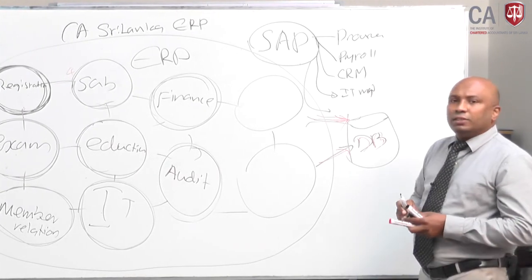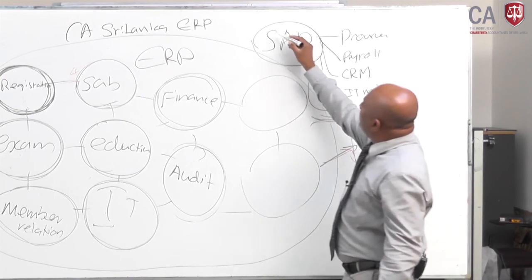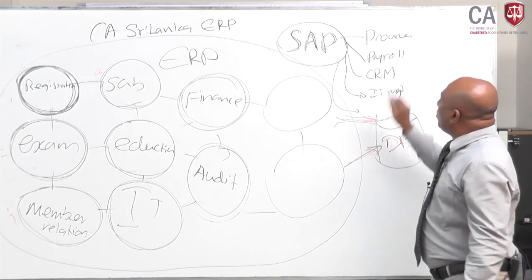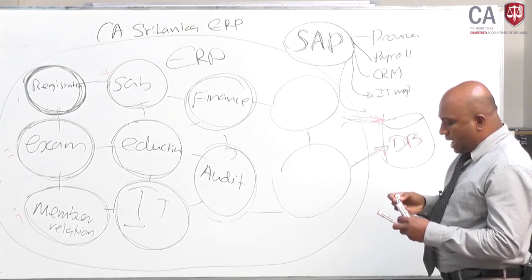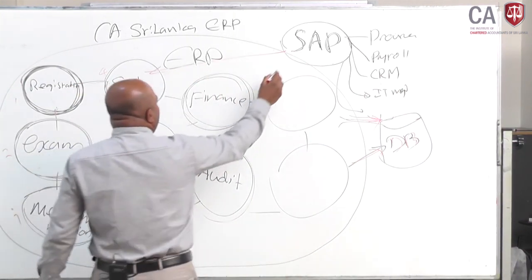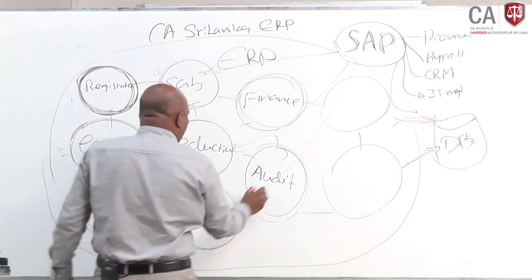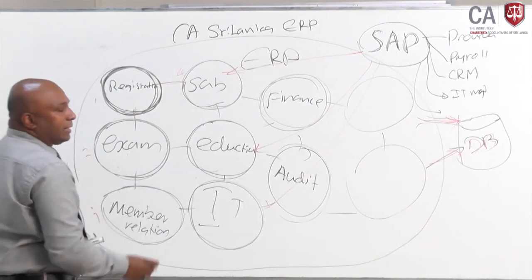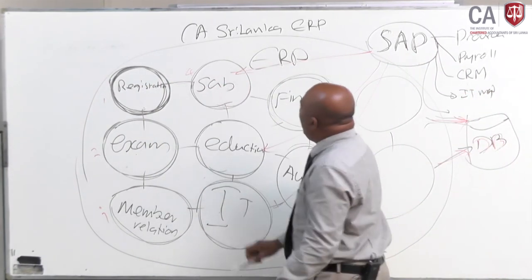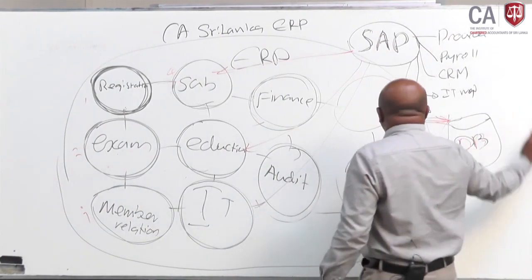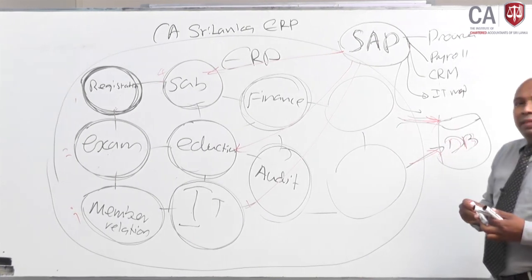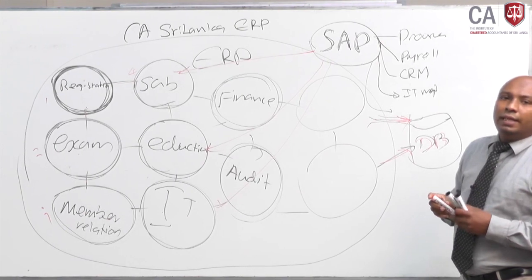Then what is CA Sri Lanka going to do? They are going to do it by this SAP ERP, and it is dealing with procurement, payroll and everything, and then they are going to connect that with the existing systems, right? They are going to connect the new ERP that you have purchased with the existing systems. Then all of these systems are interlinked together, stored in one common database. Then of course we can name it as also ERP.